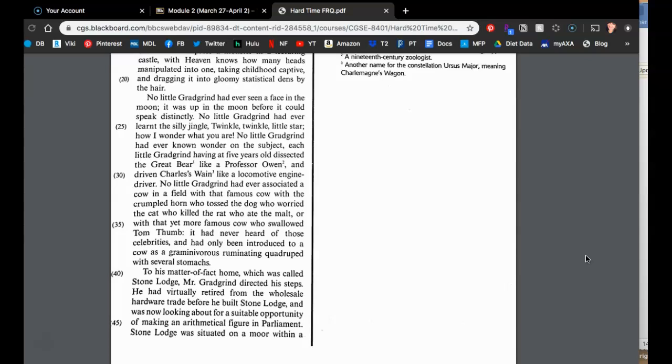And then there's this almost nursery rhyme on line 31. "No little Gradgrind had ever associated a cow in a field with that famous cow with the crumpled horn, who tossed the dog, who worried the cat, who killed the rat, who ate the malt, or with the yet more famous cow who swallowed Tom Thumb." Those are all references to children's rhymes. That would just be laughable. So in this rhyme, this allusion that we have, we do get a sense